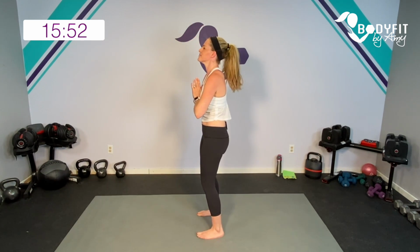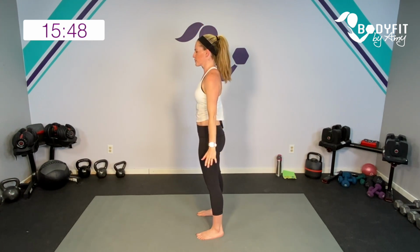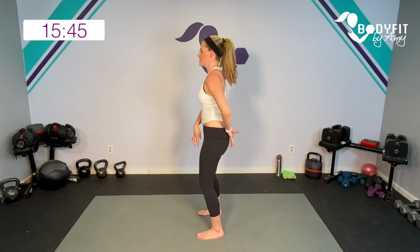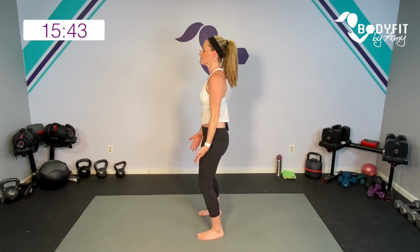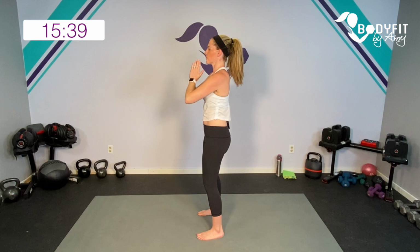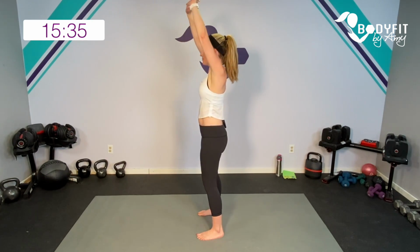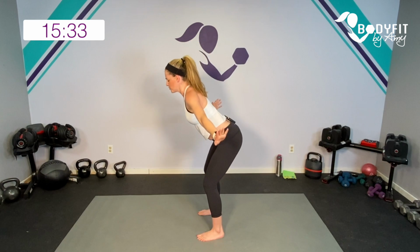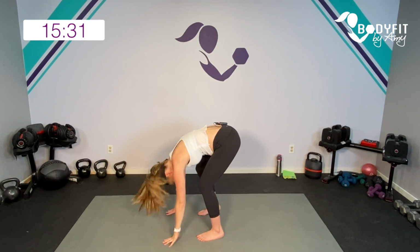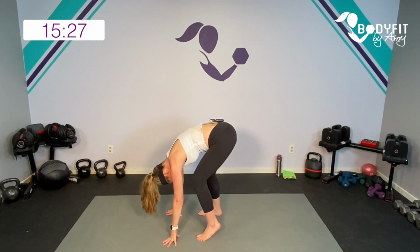Exhale, down in front. I'm sweating, I don't know about you guys. Take it up, fold it over, releasing those shoulders, soft bend in the knees. Don't forget about that core connection. One more time, inhale, exhale, and breathe, inhale, fold it over, forward fold, pedal those feet, and breathe,